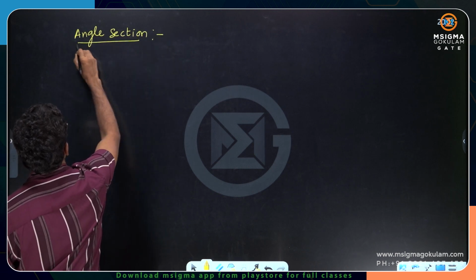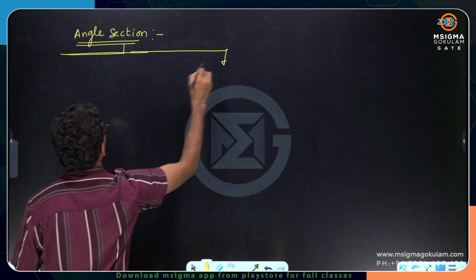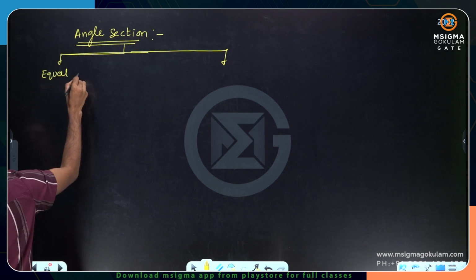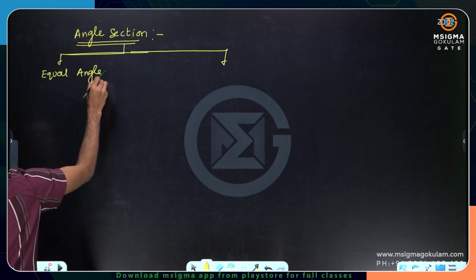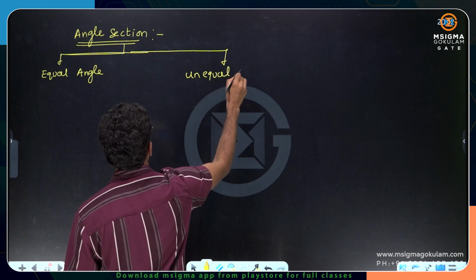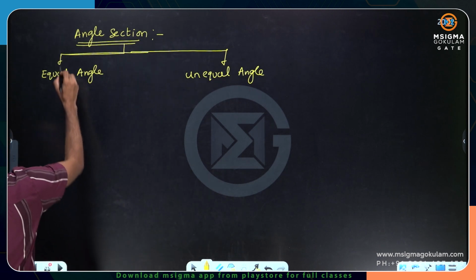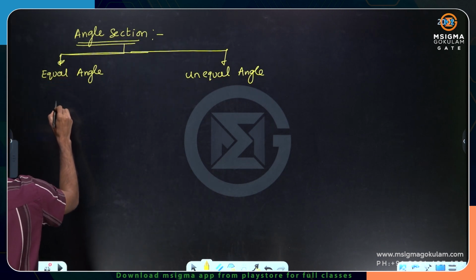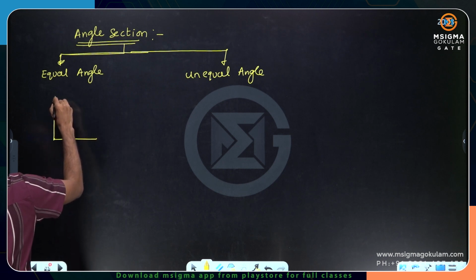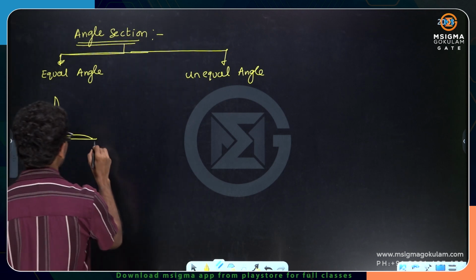So angle section is of 2 types basically. One is the equal angle section, and the second one is the unequal angle section. So what is the equal angle? Very simple in terms of understanding. This is one leg, this is the other leg. If both the leg widths are same,